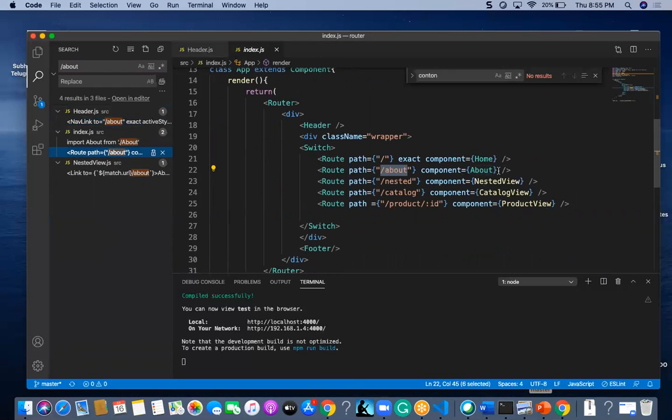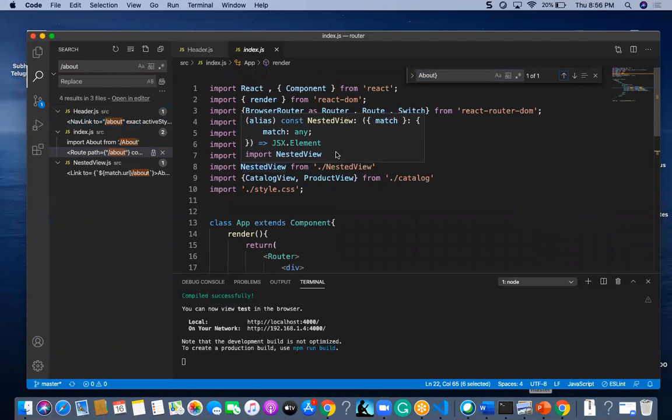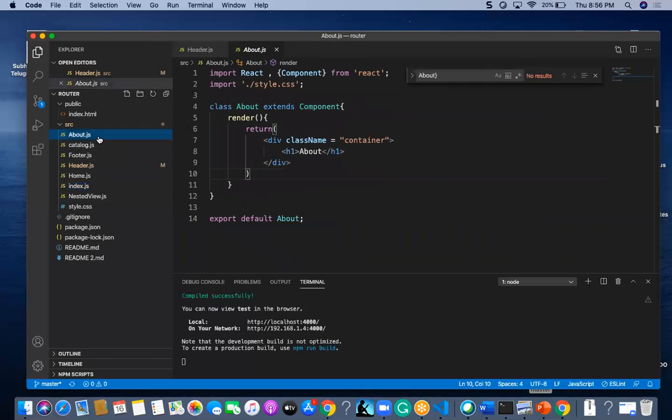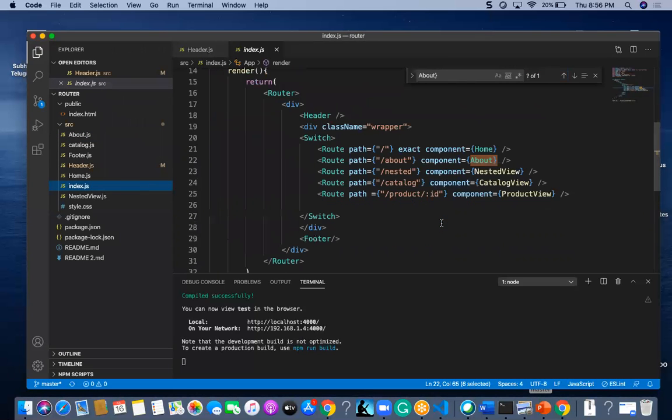So this about, whatever I have created here, will be from the slash about, which means about.js. I have to import it, else it won't come to know that particular component.